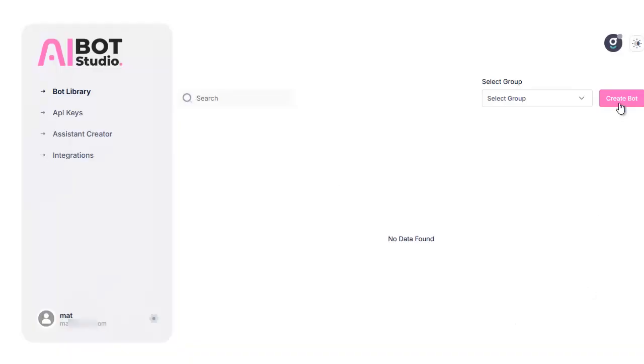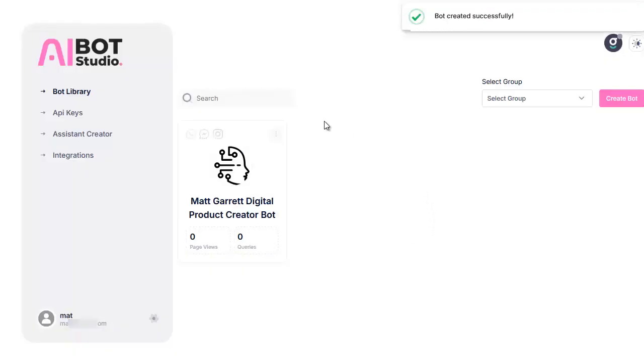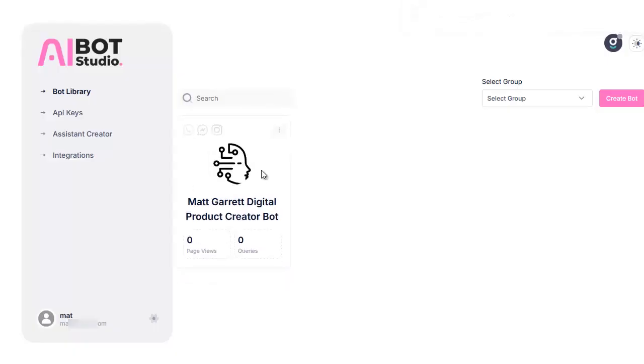Okay, so I'm going to click on Create Bot. I'm going to give my bot a name. In this case, it's going to be Matt Garrett Digital Product Creator Bot. And I'm simply going to pop in a description saying Digital Product Creator and Digital Marketing Expert for Matt Garrett's products and offers. Click on Save Changes. We now have our first bot in the bot library, so let's click on the 3 icons here to come